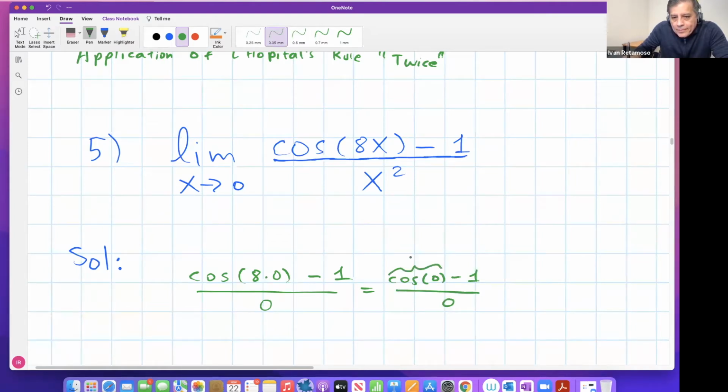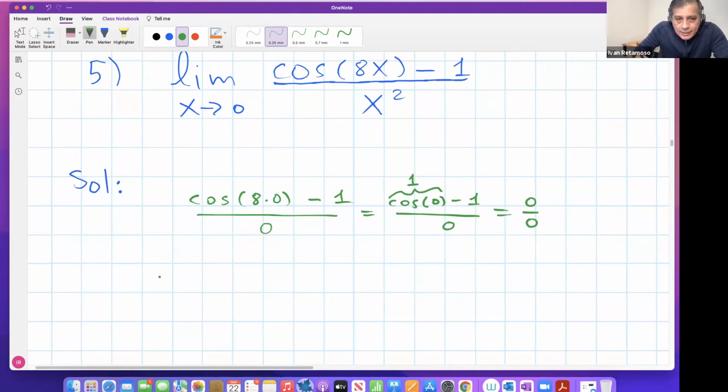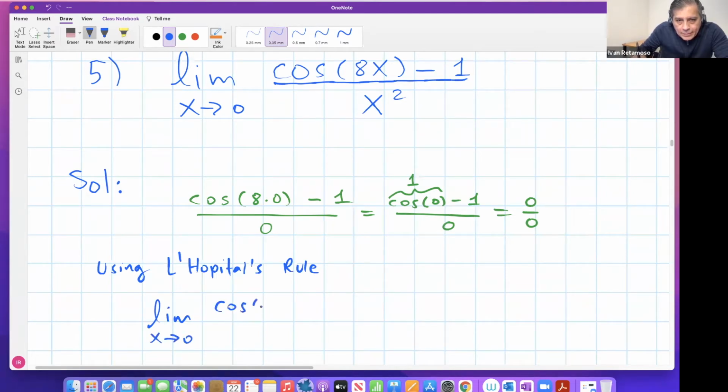Cosine of 0 is 1. 1 minus 1, 0. 0 over 0, right? But don't get discouraged. We have a method to overcome this situation. It's called L'Hopital's rule. So applying L'Hopital's rule, well, they will say the limit as x approaches 0 of cosine of 8x minus 1 over x squared should